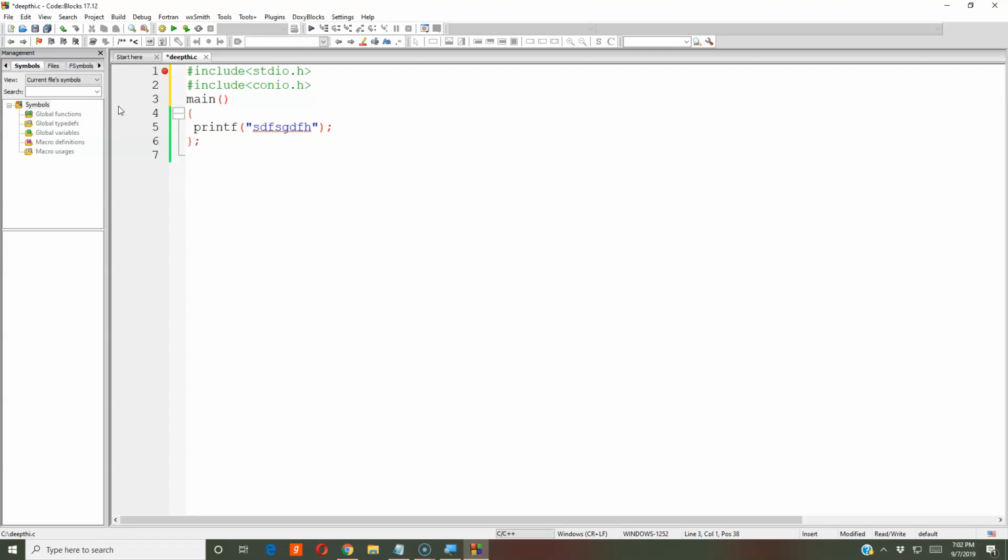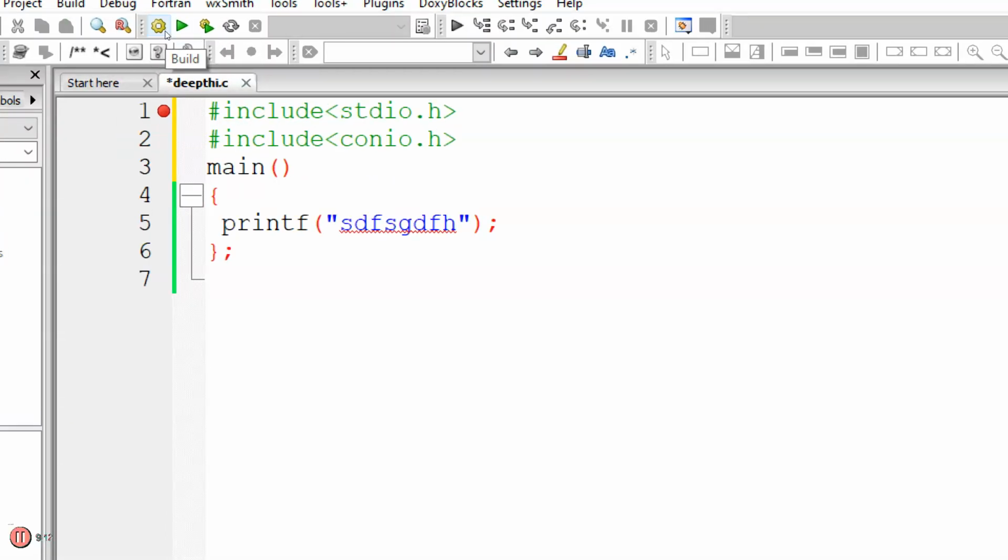Either you can use the F9 key, which will build as well as run. For just running, you can go with Control F10, or here you can use buttons. I hope this is visible. Here, this is for build and this is for run. Build, run.